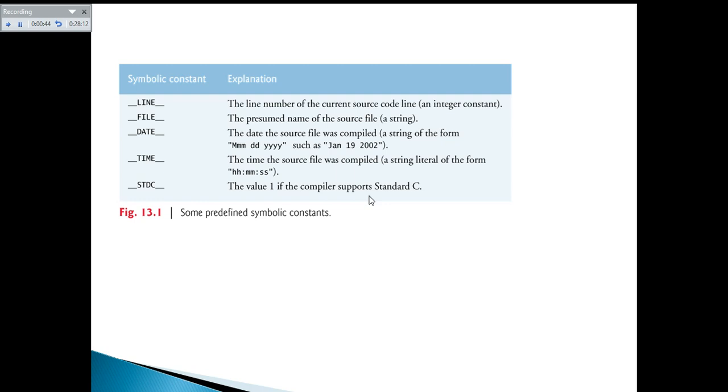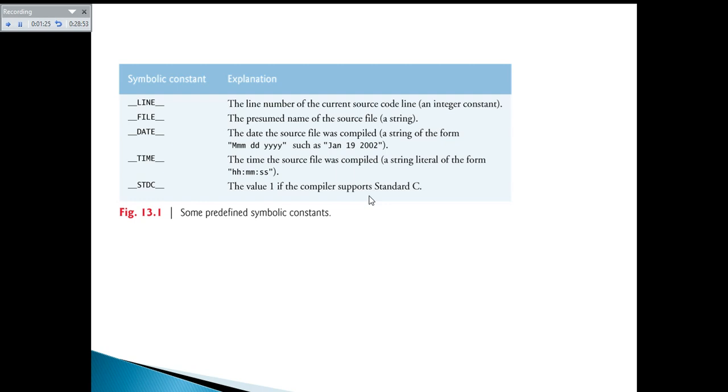So if you want to print the date of your source file compilation, then you can use double underscore DATE double underscore as a symbolic constant in your source program, so that it will print the source code compilation date. And double underscore TIME double underscore, the time the source file was compiled, a string literal of the form "hh:mm:ss", so it will give hours, minutes and seconds, the time at which your source file was compiled.